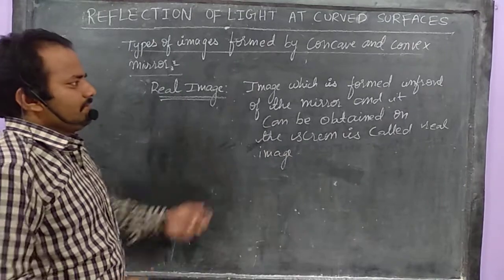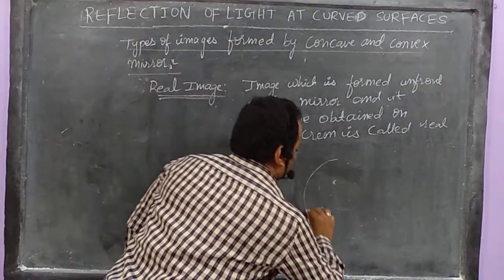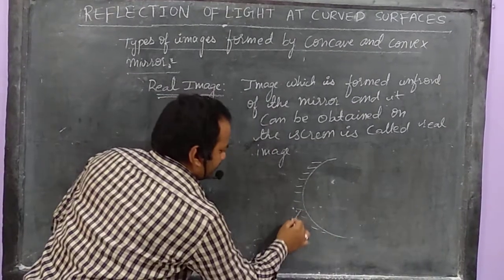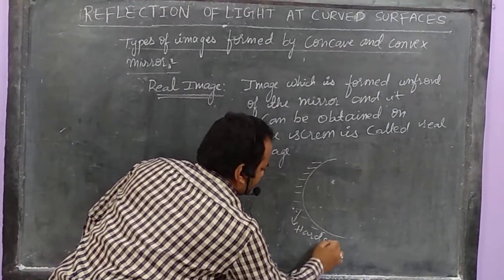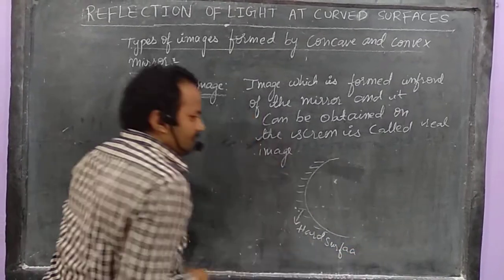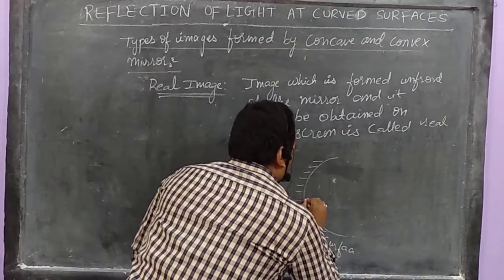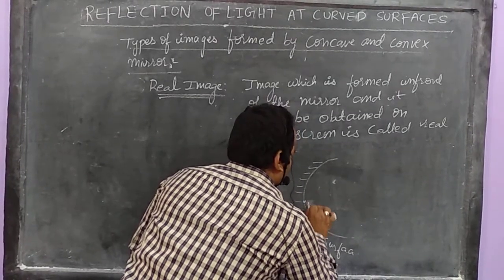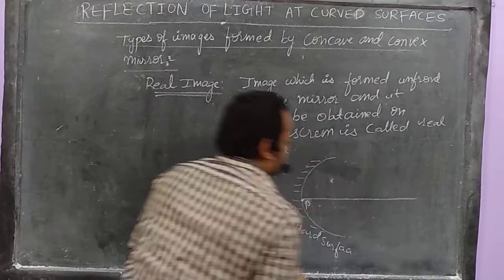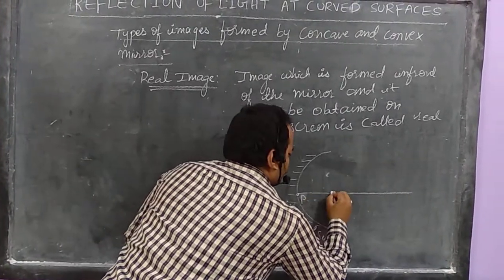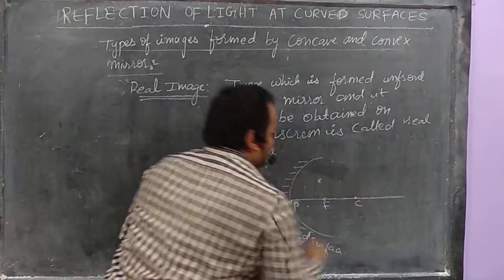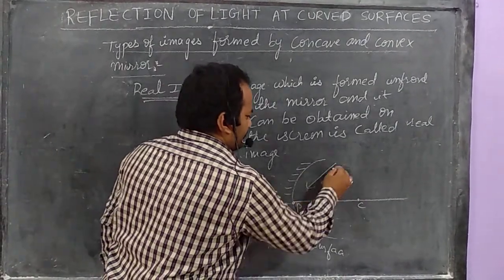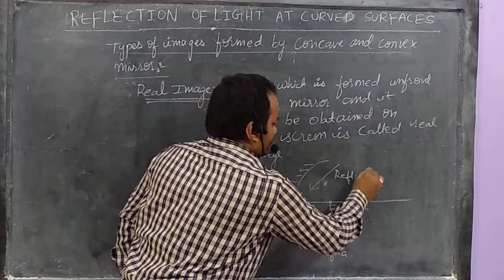My dear friends, if you see the concave mirror, this is the concave mirror. This is the hard surface. You know that. What is P? P means pole, the midpoint of the concave mirror. Let us draw the imaginary line, the principal axis. Focus, center of curvature. Where is the reflecting surface for this concave mirror? Inside. This is the reflecting surface.